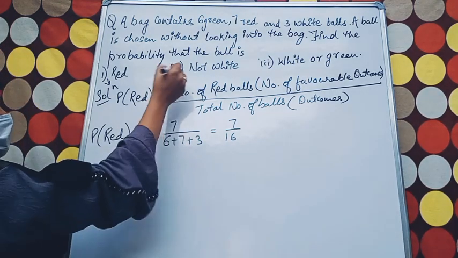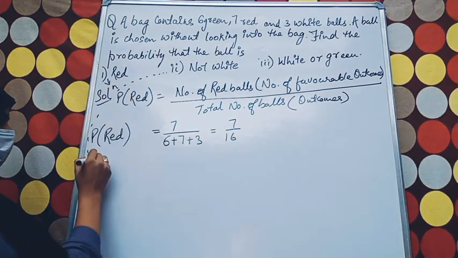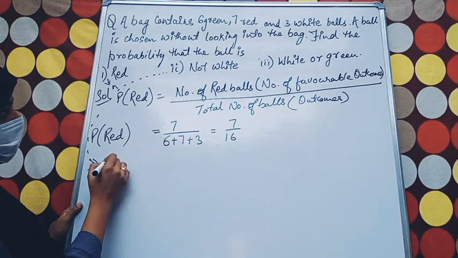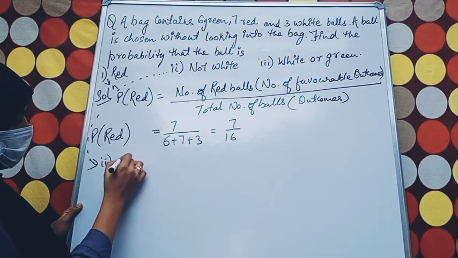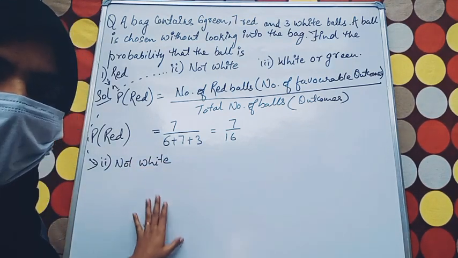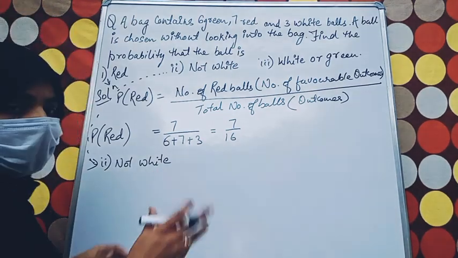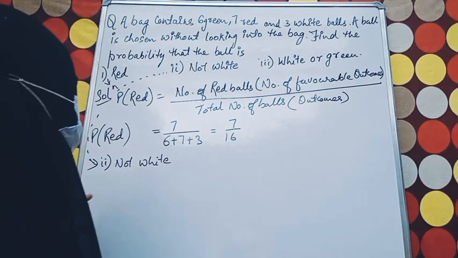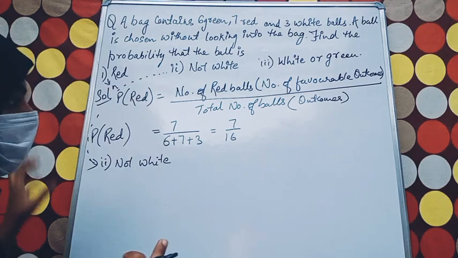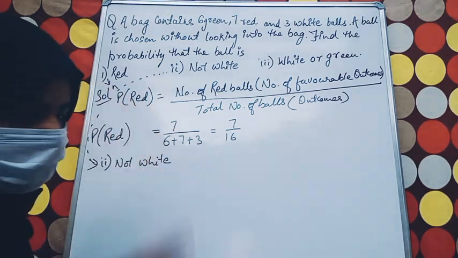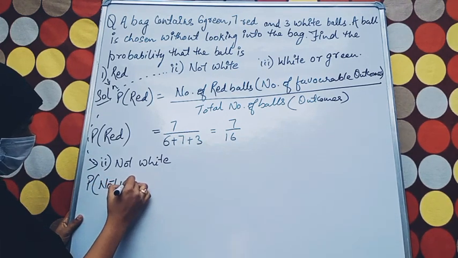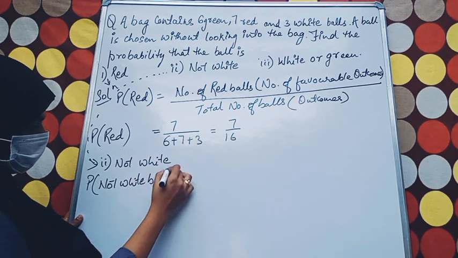Now let's have a look at the second part, which says not white. It's written not white ball. To make it sound difficult, they write it this way, so you need to be conscious enough. If white is mentioned, we have to handle it carefully. So the probability for a not white ball equals